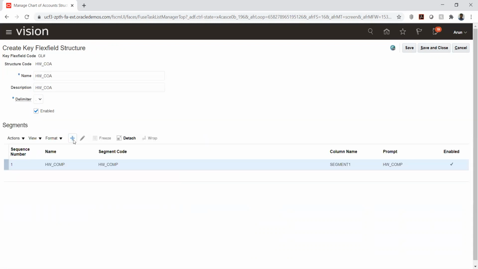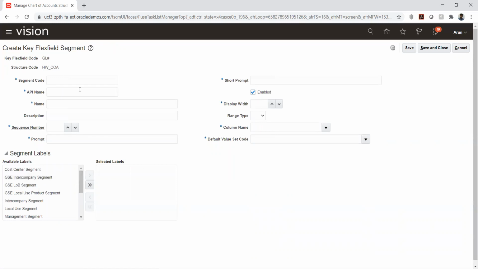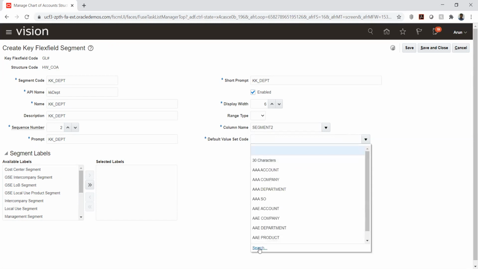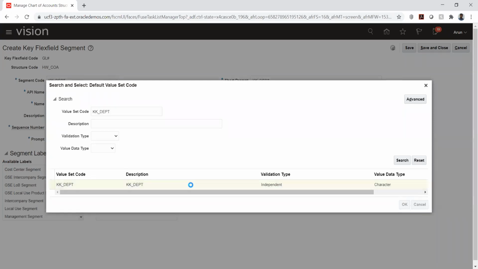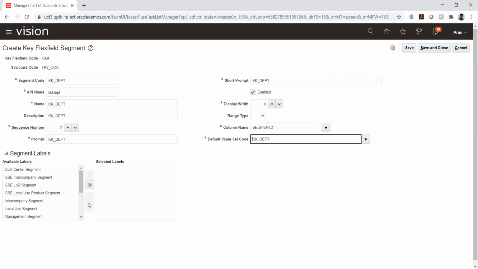I'll create the second segment for cost center. We created HW, no?